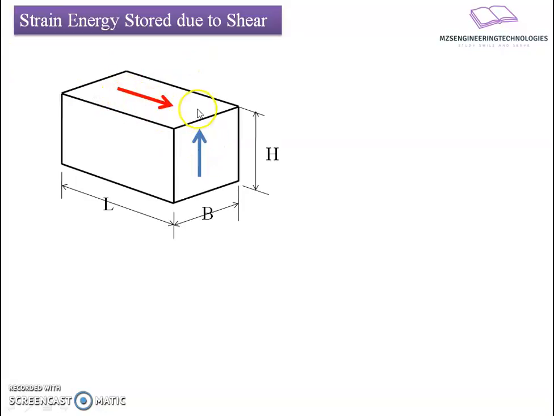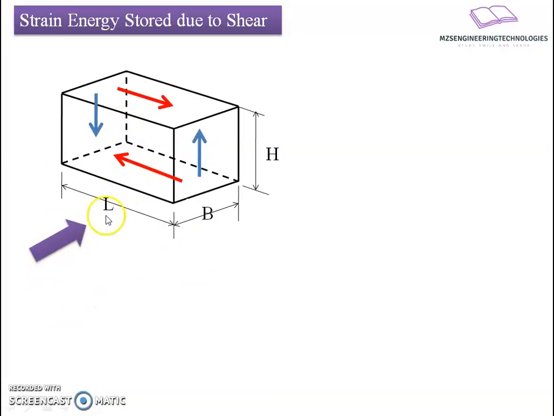So here we will have the assembly, shear stress going to act along the plane, which is along the surface B into H, whereas the complementary will be along the length into H. If I go towards a three-dimensional view of this one, we will get such an assembly. These two complementary strains and the opposite nature stresses will be developed on either faces of the body.